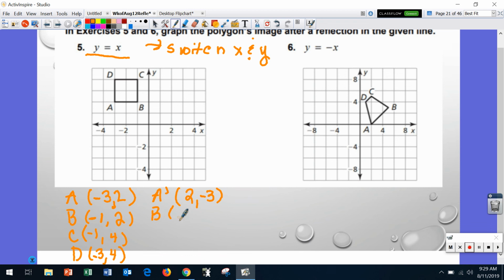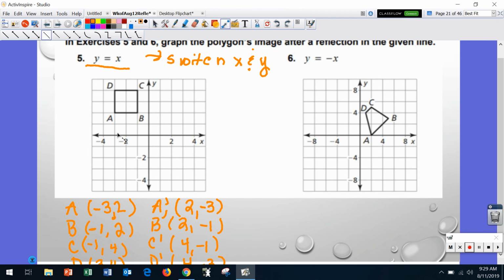B would be 2 and -1, and that's B prime. C prime would be 4 and -1, and D prime would be 4 and -3. And we're going to graph this, and I'm going to show you what that line looks like,